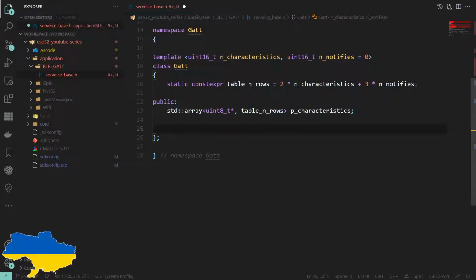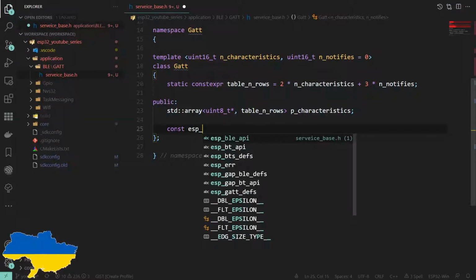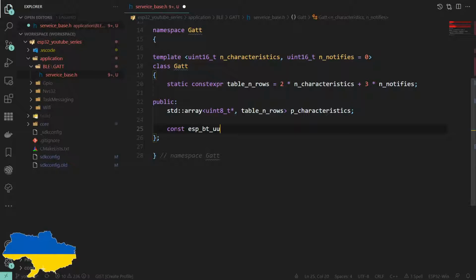Each service will have a unique identifier, or a UUID is how we call it. These will be constant for the service, and they will be different for each service, so they won't be static. And we actually have a type that we can use, UUID_T, and this will be our primary service UUID.